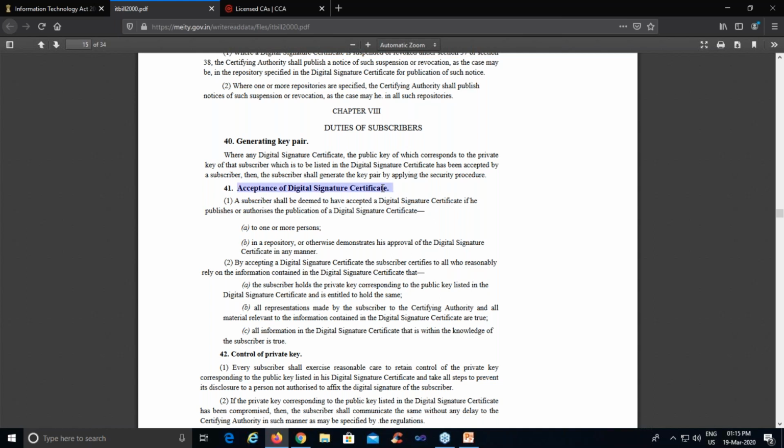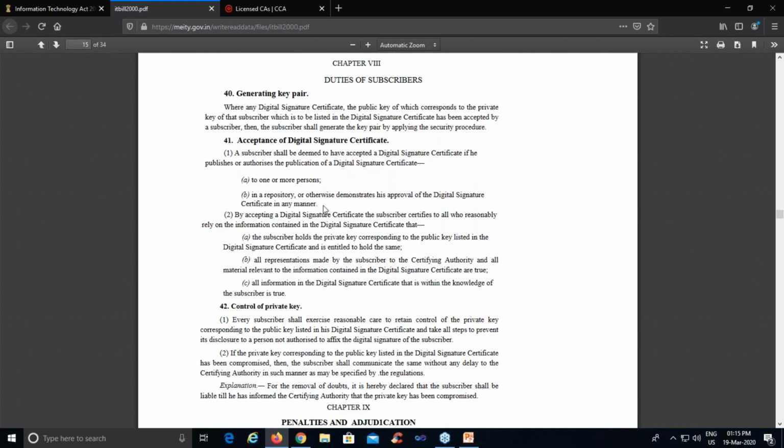Maybe you just do one practical: download your e-Aadhaar card from the internet. If you download your e-Aadhaar card, they definitely ask for e-signature confirmation. That procedure comes under section 41, acceptance of digital signature certificate, right?